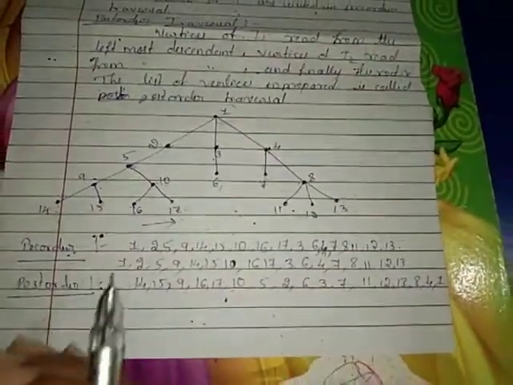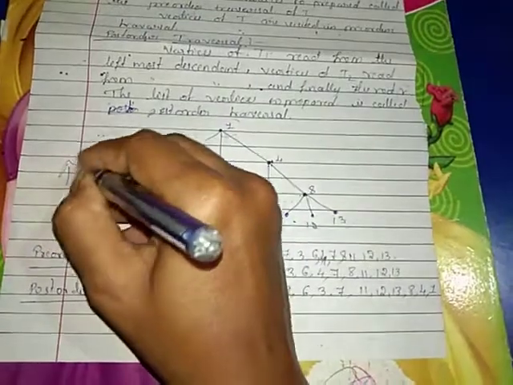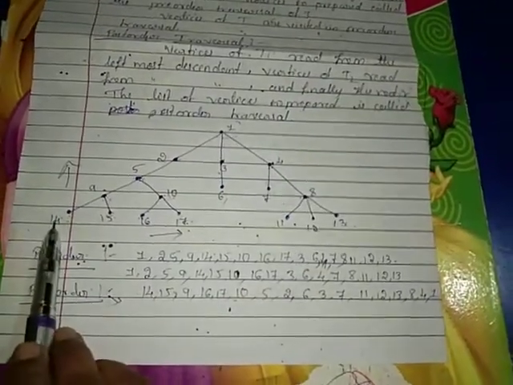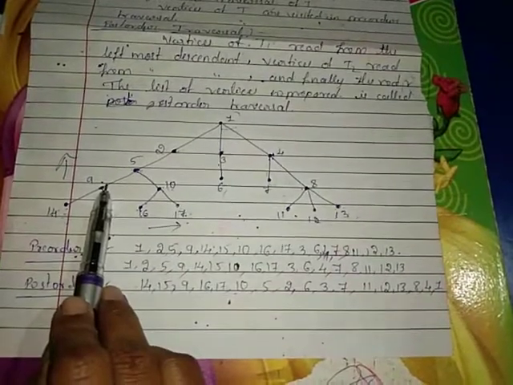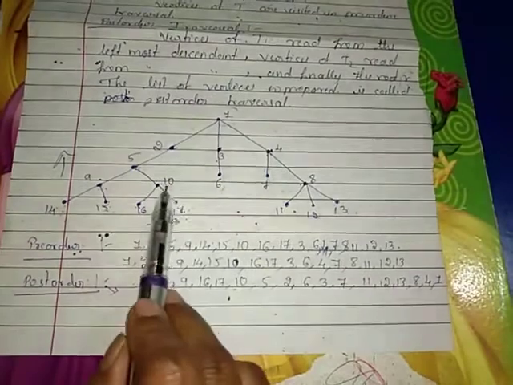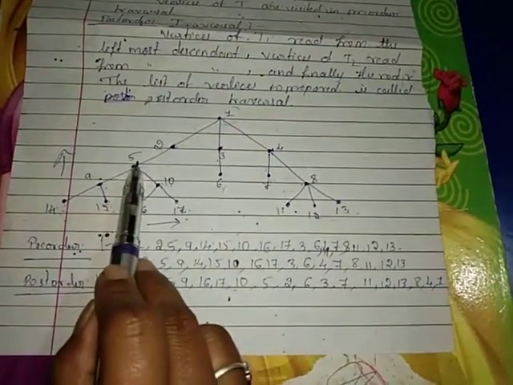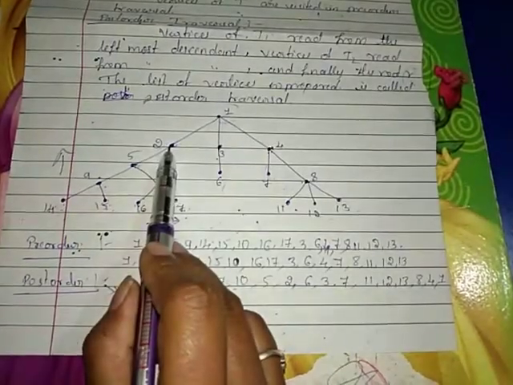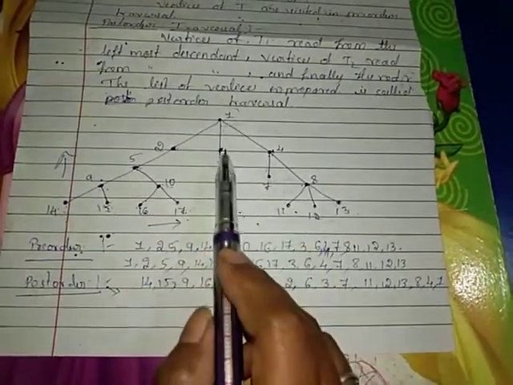Descendant means from down to up we have to move, means in this direction we have to move. So the descendants are 14, 15. For the 14, 15 first we have to write down the 9. Then we have to move to 16, 17. For the 16, 17, 10 will be taken. Next for the 10, the parent is 5. Next 5 to 2. Next we move to the second subtree of the 1, that is 3.